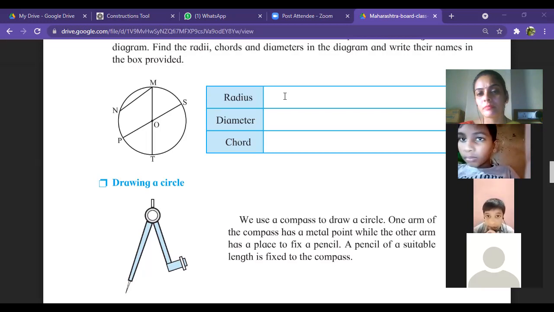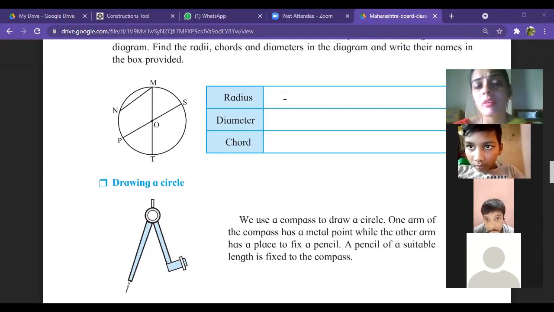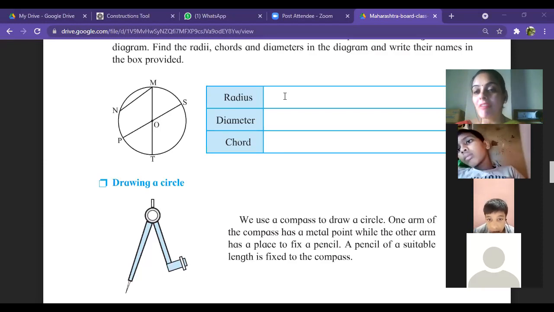Teacher, a diameter cuts a circle into 2 parts. But here we don't have to write the definition. Here we have to write what the diameter is in this figure. Diameter is a line drawn between in the circle. नहीं, we have to write जो number दिया है ना यहाँ पे. Can you see the alphabets which are labeled over here? Diameter is labeled, chord is labeled, radius is labeled with the alphabets. So tell me what is the diameter?